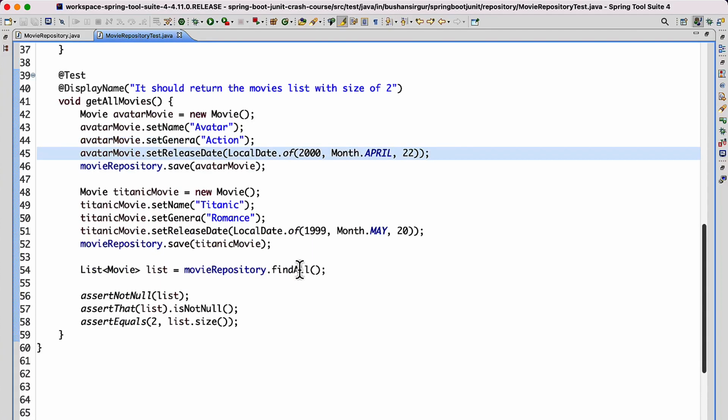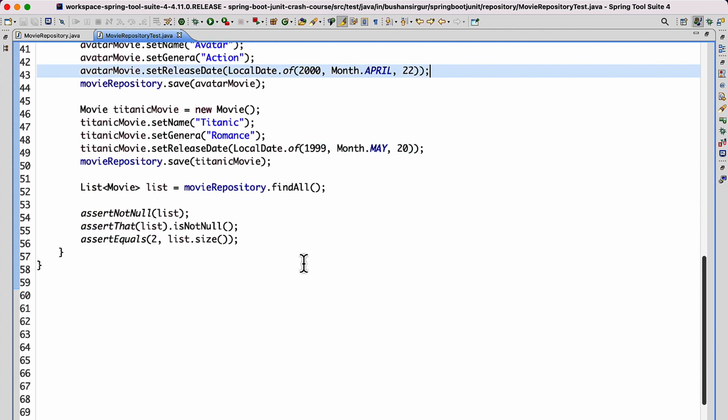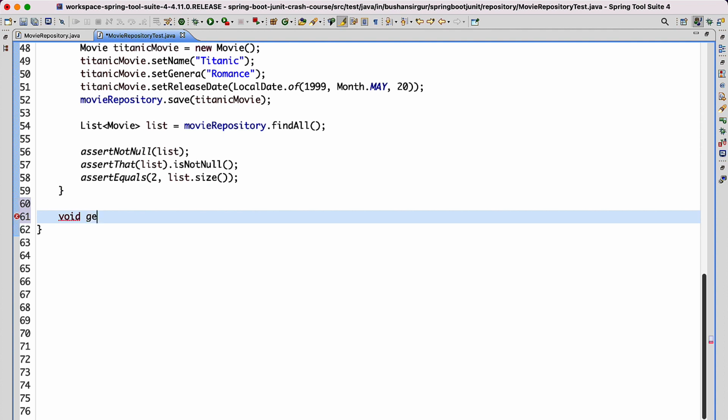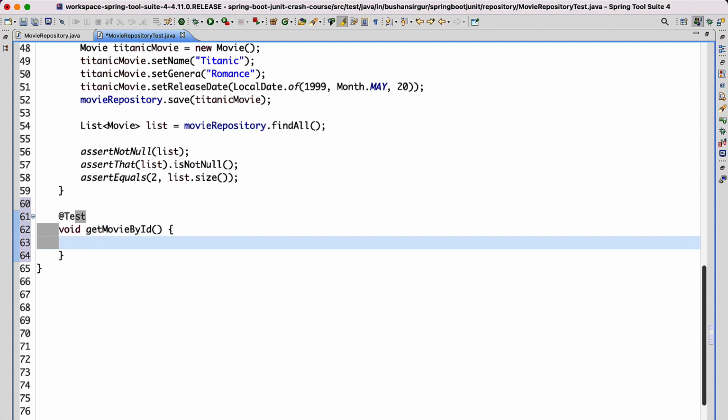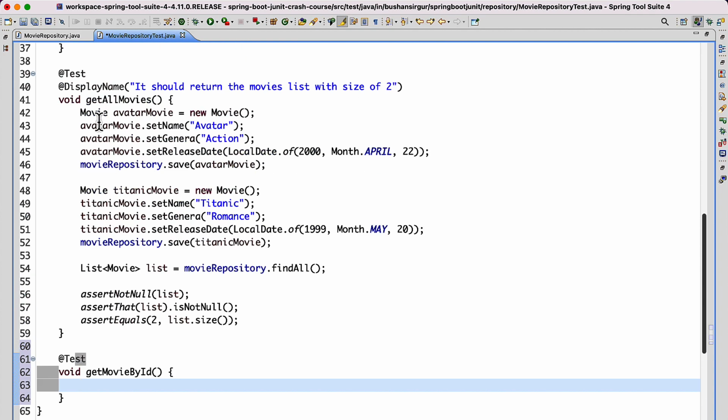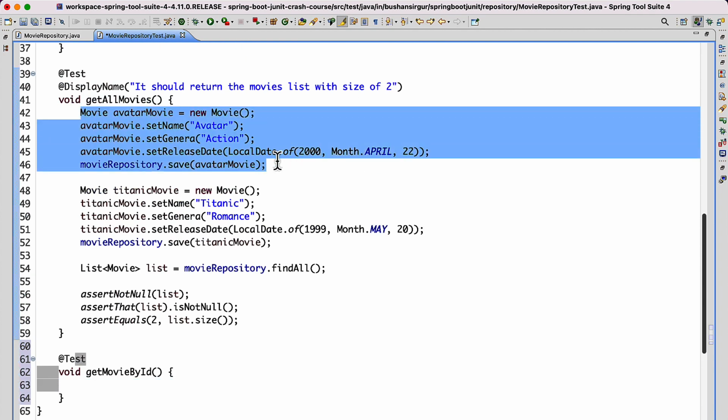Next, let's write a JUnit test case for find by ID method. So let's create a method void, I'm going to call this get movie by ID. Add the annotation, that is test. Inside this, we're going to do the same thing: arrange, act, and assert. So first we need to set up the data that are required for this test case. So what I'll do is I'm going to copy one of this movie object